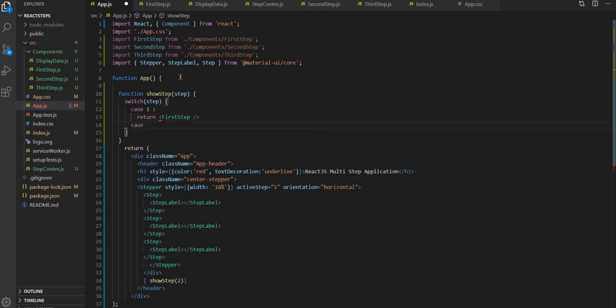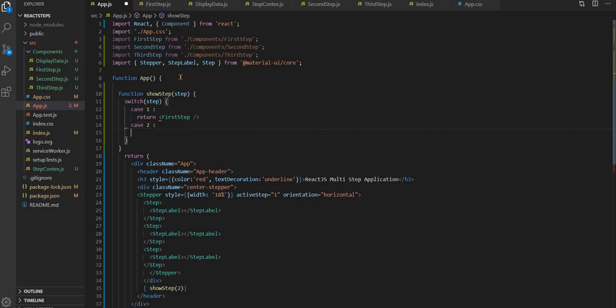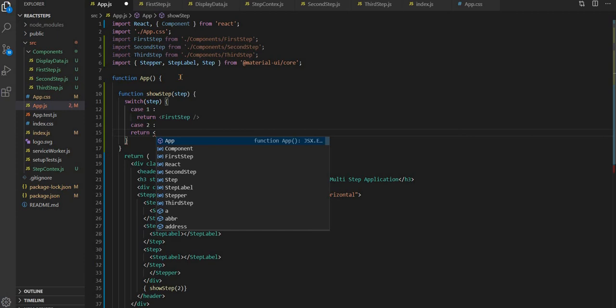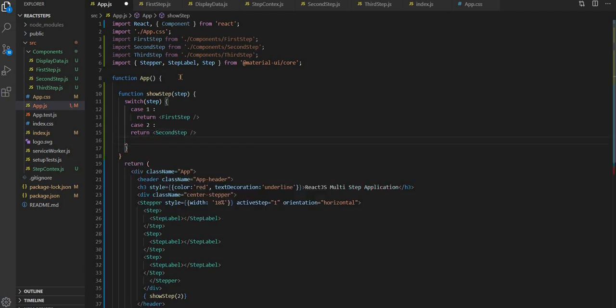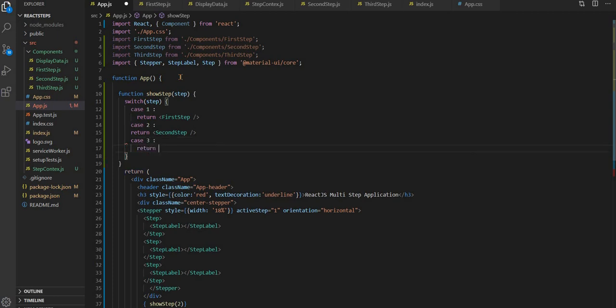If it is 2, then we have to return second step, and if it is 3, then we have to return third step.